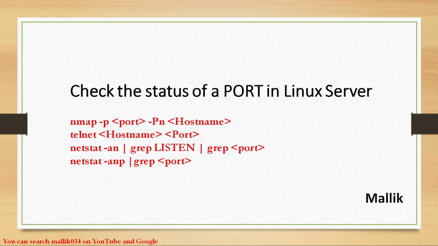These are the basic commands each DBA has to know, because there are two scenarios here. One is whenever you are going to build a new database or new grid infrastructure on new servers, your Linux engineer or OS engineer is going to provision the new servers, and you need to make sure that whatever ports are required for your database installation or application installation are opened in that server or not. To check that, you can use nmap or telnet. Nmap or telnet will tell whether the port is opened in the server or not.